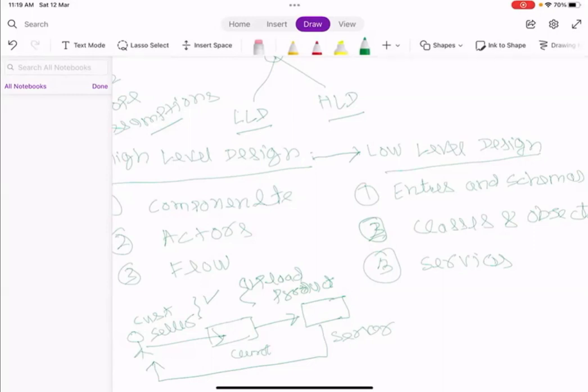Those entities and classes can be static or dynamic, and there can be a state update from one state to another state, a transition happening. So that is the flow. In low level design, we have these services and diagrams. So what diagrams? Like you say use case, or